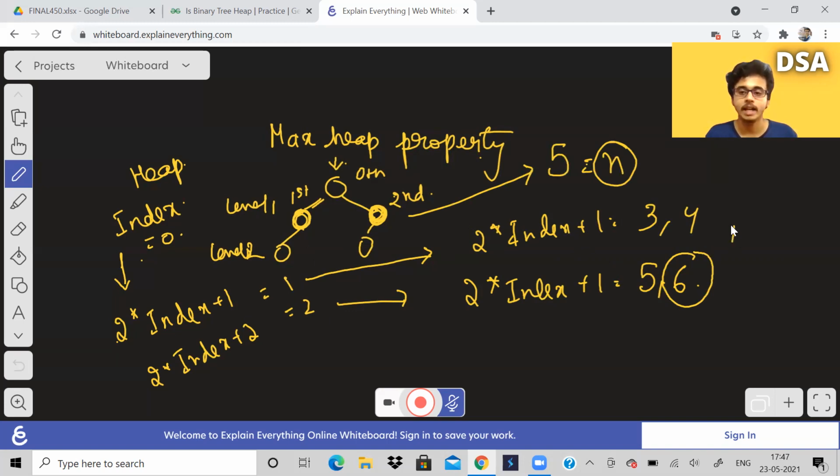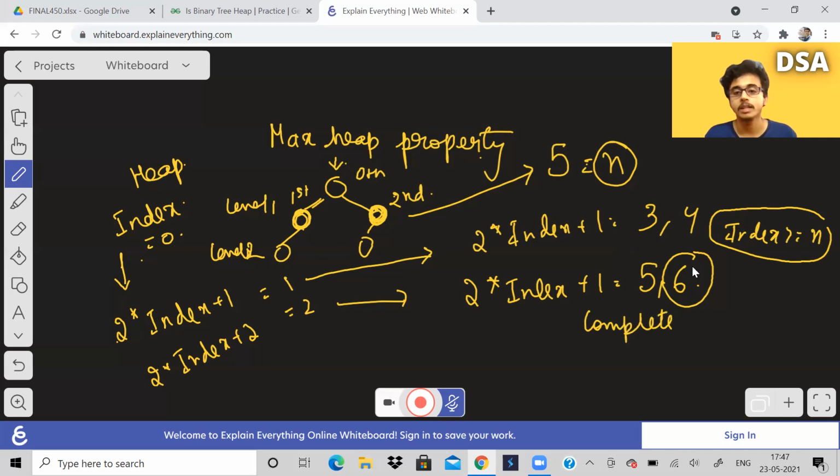Our index value can be greater than or equal to our n. Then we can say that this is not a complete binary tree. Because see, at least one time our index value will become greater than or equal to n. See, it became 6 here, right? It became 5 also. It should not be.